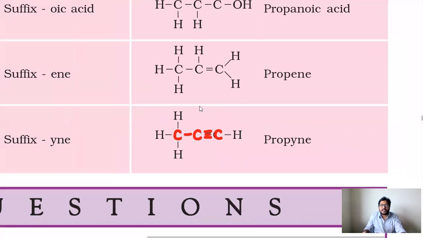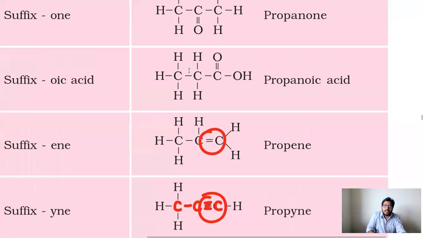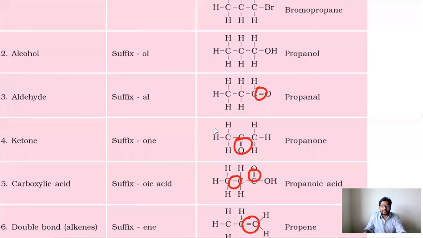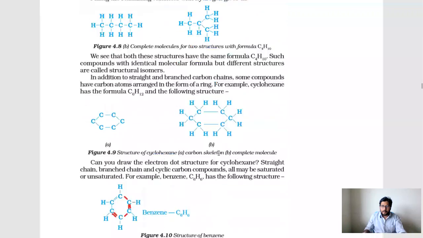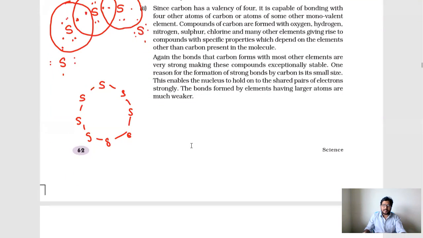This is unsaturated. Here you can find a double bond, here you can find a triple bond, and between carbon and carbon you can find single bonds. Here you can find double bonds, like that. Single, double bond, single, double, triple bonds you can find. So from this context, what can we understand? We can understand that there are 3 bonds: